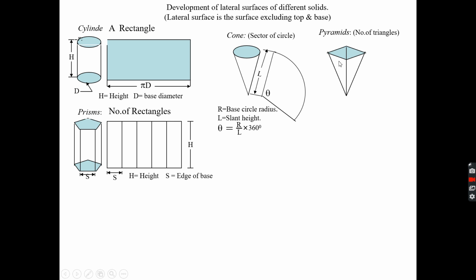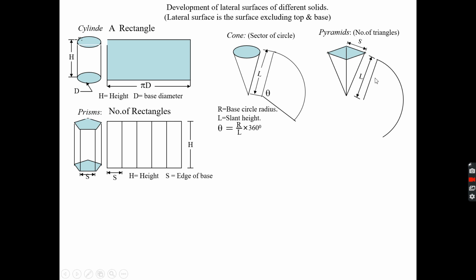If you draw a circle passing through these corner points of the base, then it will convert to a cone. And you know how to make the sector of the circle if it is a cone. The first part is the same as what you did when there was a cone. So similarly, you can make the sector of the circle.